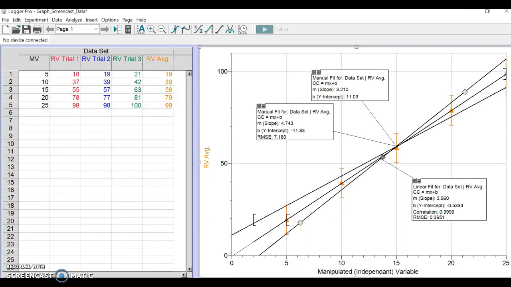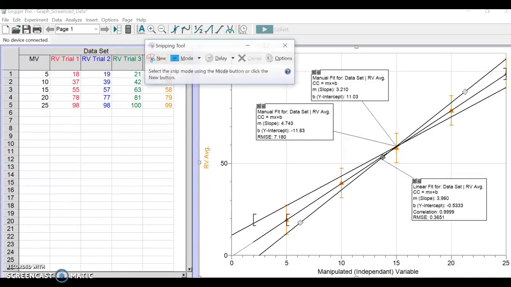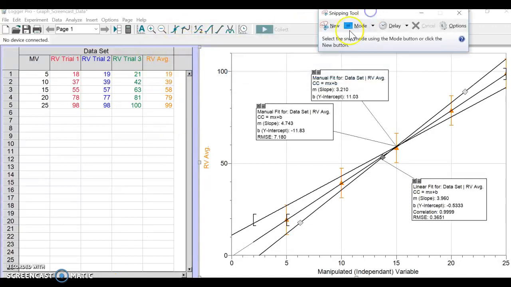But one more thing while I'm here. How do you put this into your lab report? The easiest thing is to do a little screenshot of your graph, turn it into an image, and then you can format it how you want in your word processing software. So here's the Microsoft. We're going to open the Microsoft Snippet tool, which is built into the Microsoft operating system now. I'll click New,